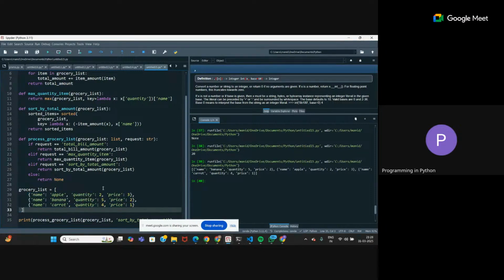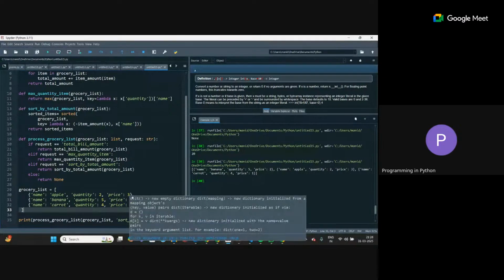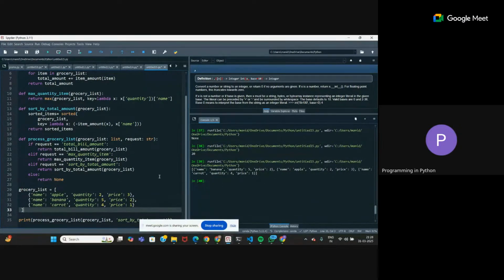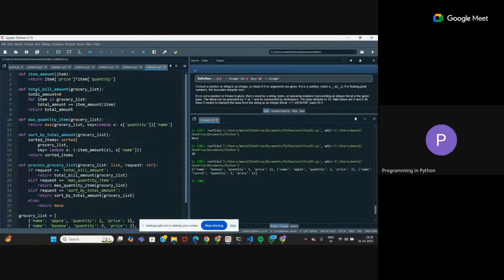I have purchased 2 apples where the price of each apple is 3. So for an apple, I have spent total quantity into price. For every element, it is quantity into price. And you have to do the sum of all that. That's the total amount spent, right? So you take grocery list as your parameter in this function. Total amount is a variable which you assign 0 first. Now you go through every item in grocery list, which is a dictionary. Every item is a dictionary. And then in the total amount variable, you're going to do the summation.